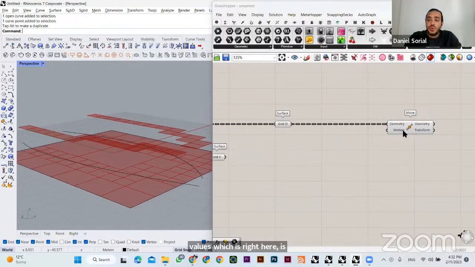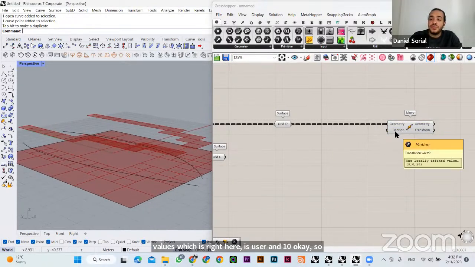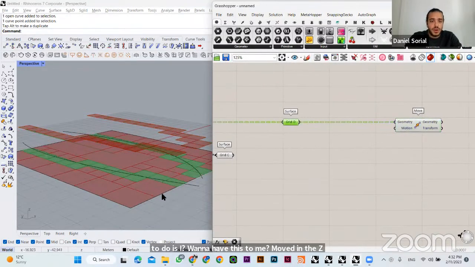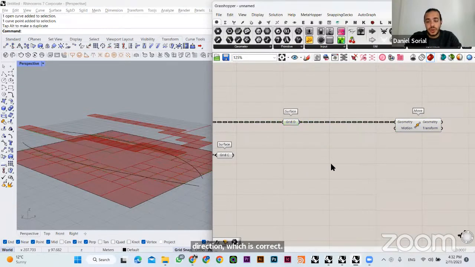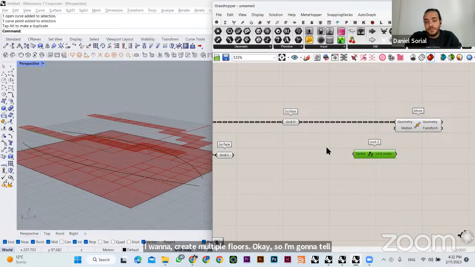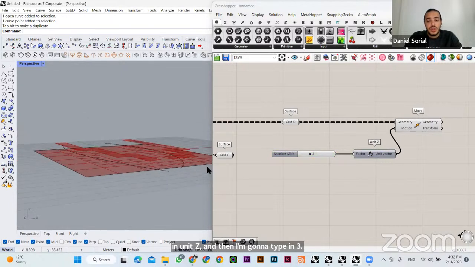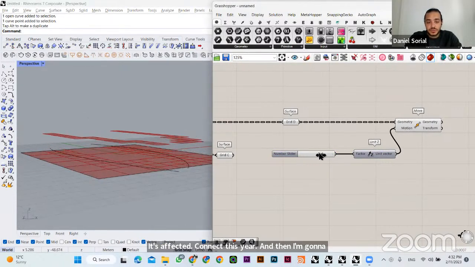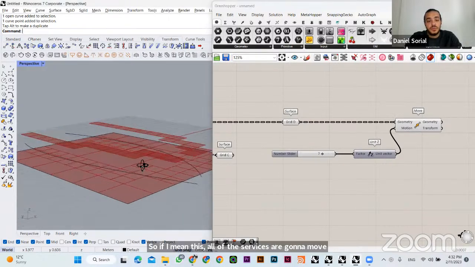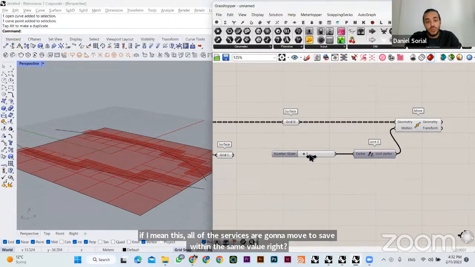Okay, so what I want to do is I want to have this to be moved in the Z direction, which is correct, but I don't want it to be moved just one step. I want to create multiple floors. Okay, so I'm going to type in unit Z, and then I'm going to type in 3 as a factor. I'm going to connect this here, and then I'm going to connect it to the motion. So if I move this, all of the surfaces are going to move within the same value, right? But it's also going to be only one